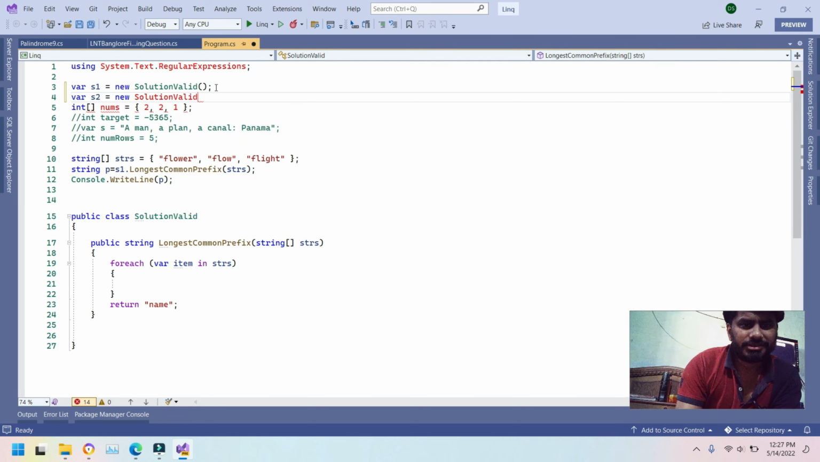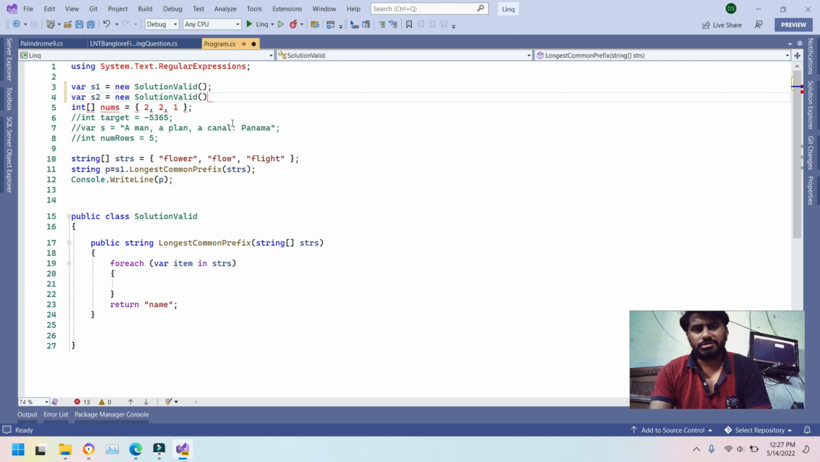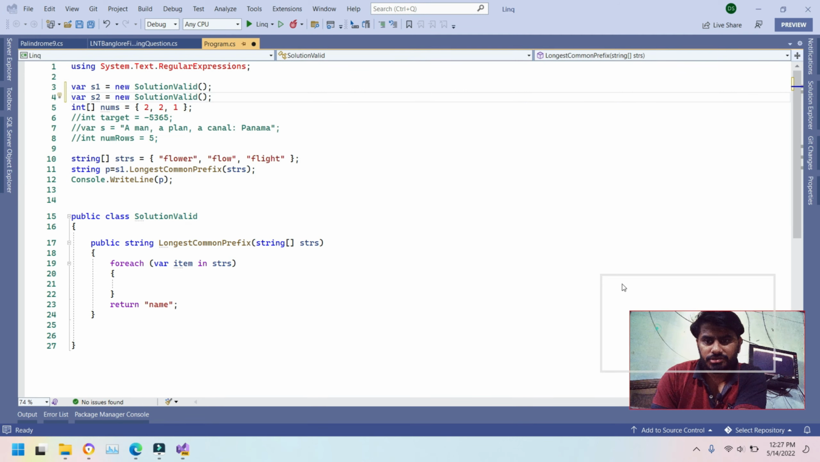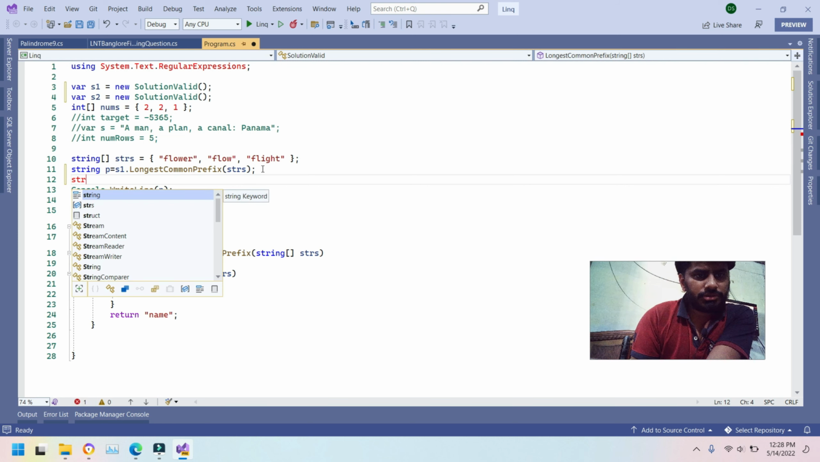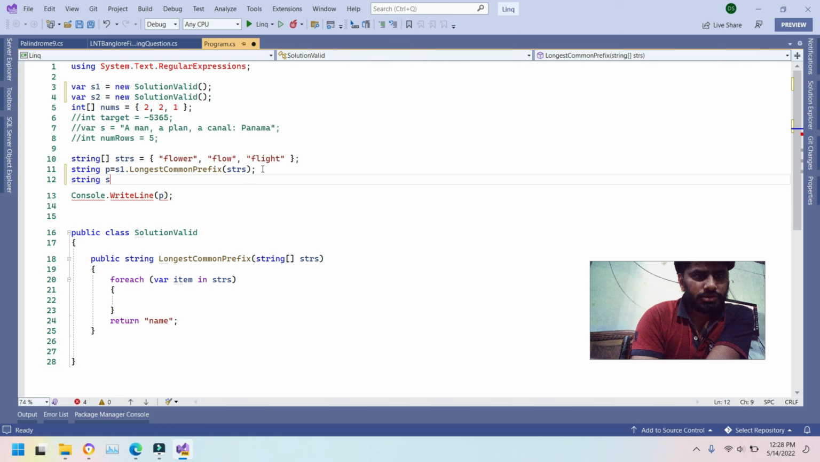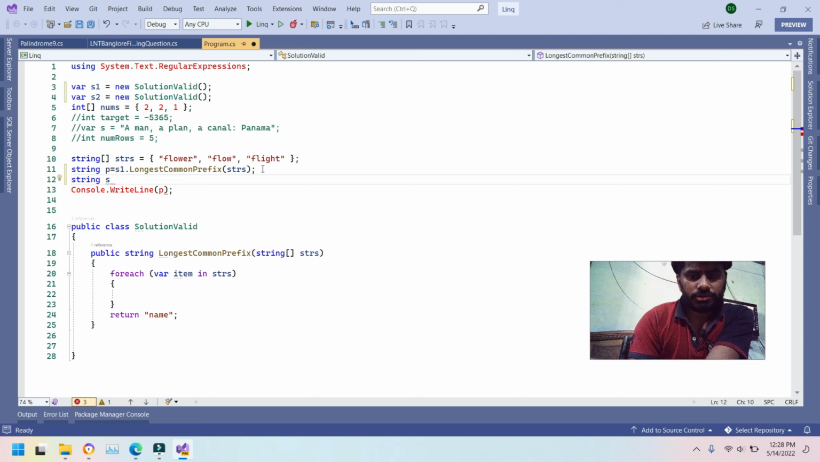I'm not getting the suggestion. I don't know why I'm not getting the suggestion. So okay, I can do it like this: string s equal to s2 dot